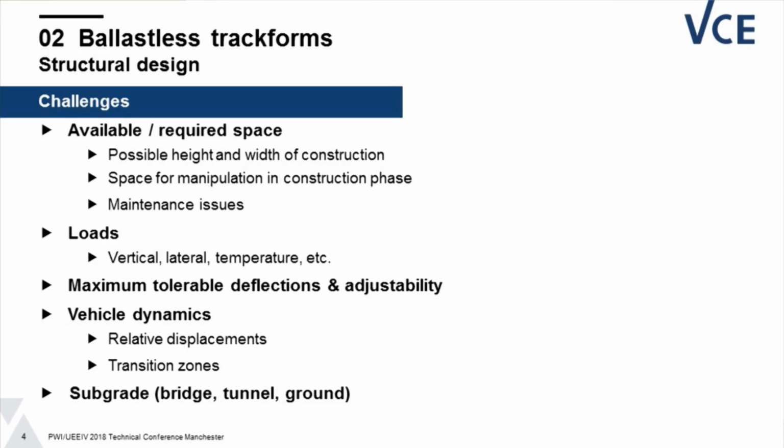So then the loads which we have to take into account are, of course, the vertical loads, and as I mentioned before, especially the high lateral loads. Temperature and all these things have also to be taken into account. The next thing is the question of settlements and the adjustability of the track structure for these settlements. It's not very seldom that we have stations and tunnels, and in between stations and tunnels there occur different settlements due to the different construction principles of these civil structures. And therefore, it's needed to find a solution where these different settlements can be adjusted in the superstructure.